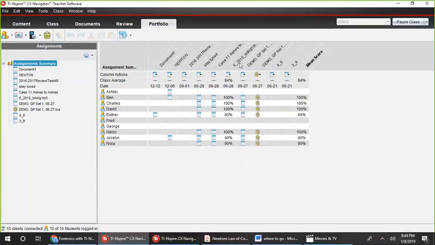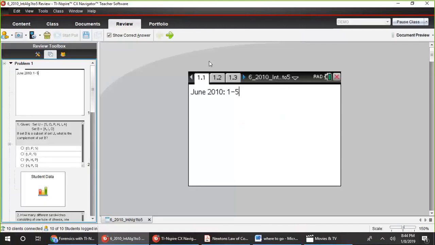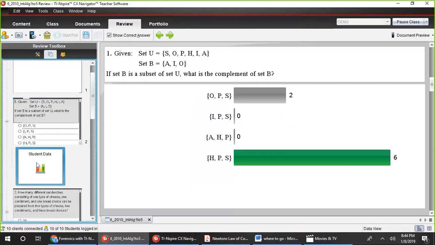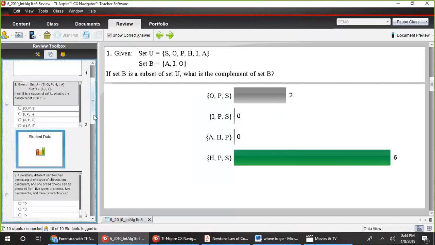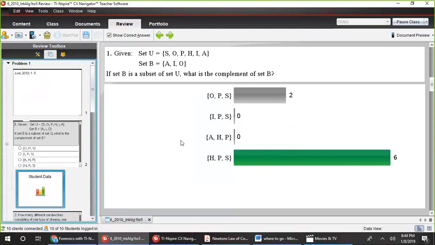So this is one that was actually a graded assignment. I can open it in review space, and you can see it was actually a Regents exam, and the questions and the answers, and I always use it for Regents prep and for polling, quizzing, everything. As Audrey said, I never taught a day without it.